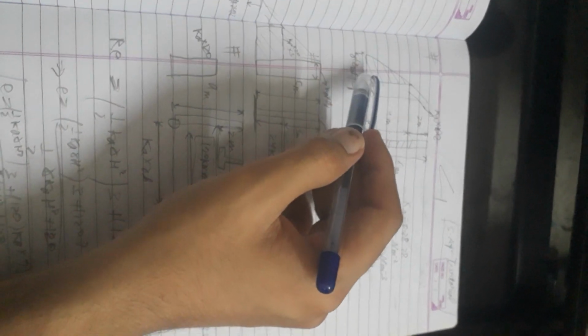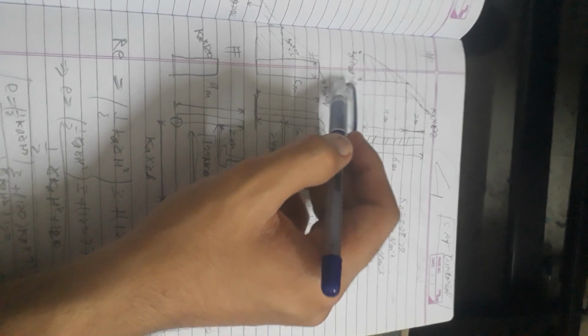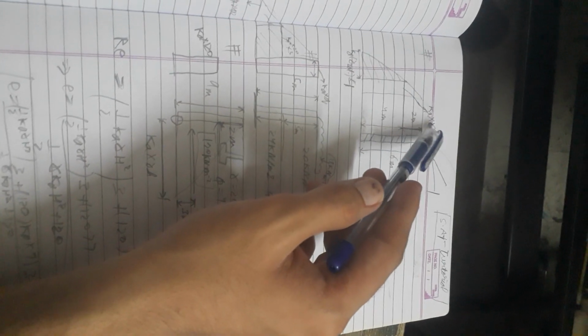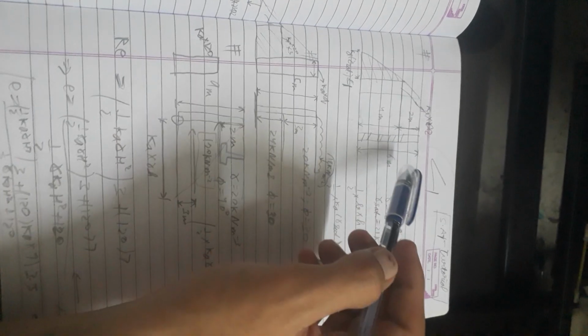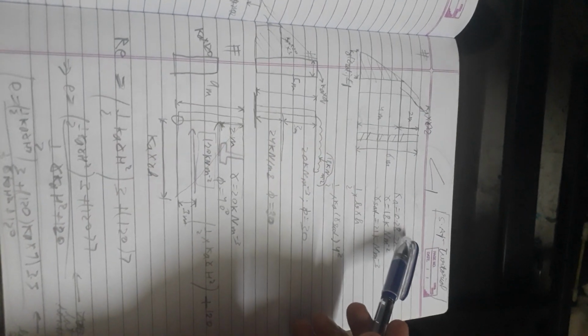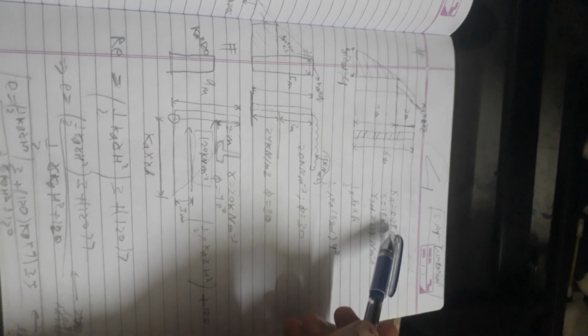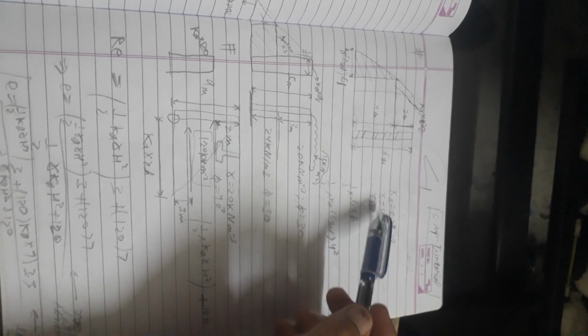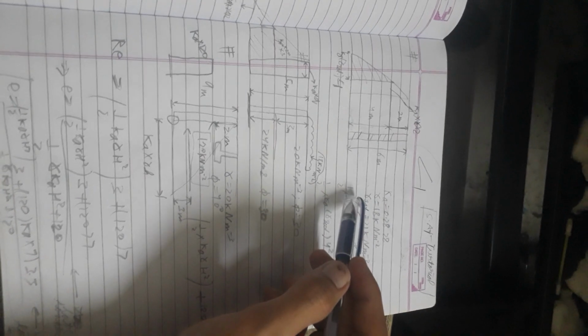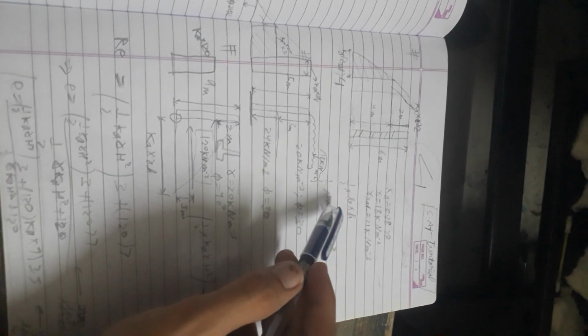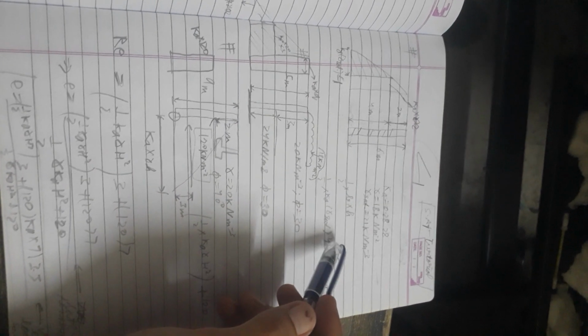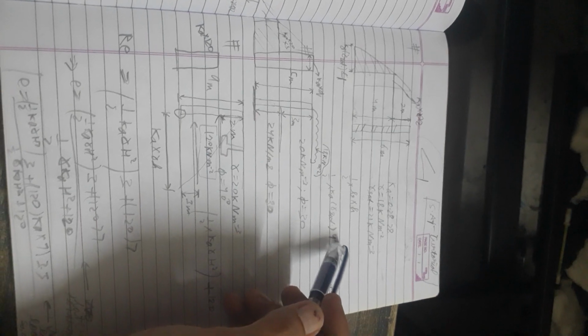This is K into gamma set. This is angle 1. This is Ka into gamma into 2, which is 2 meter. This is 4 meter. This is 6 meter. K is equal to 0.2828. Gamma is equal to 18 kilonewton per meter square. Gamma SAT is equal to 21 kilonewton per meter cube. This is half into B into H, half into K into gamma SAT into 4 square.